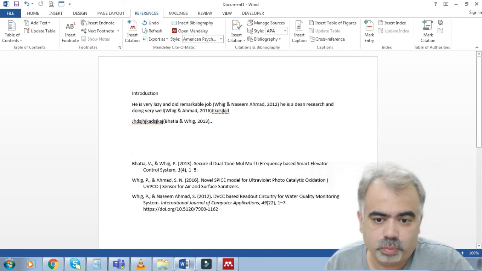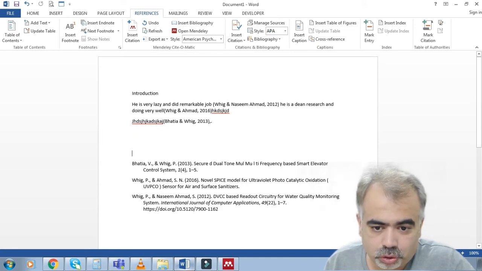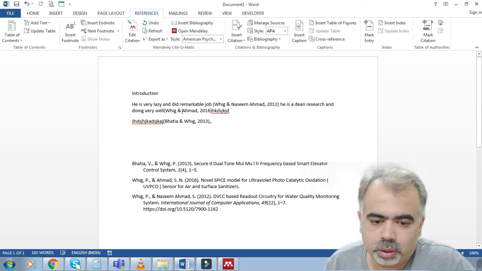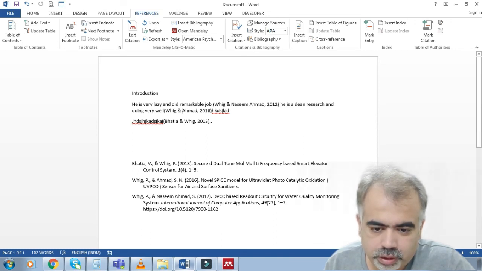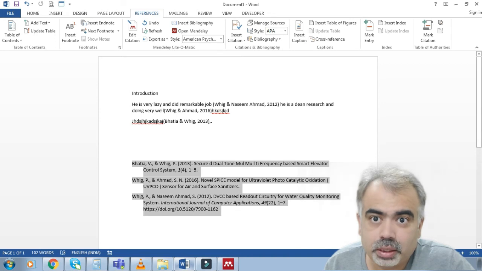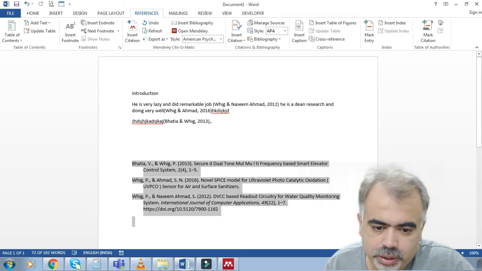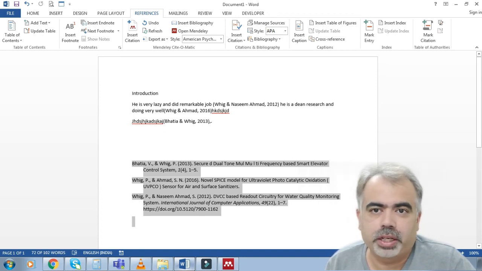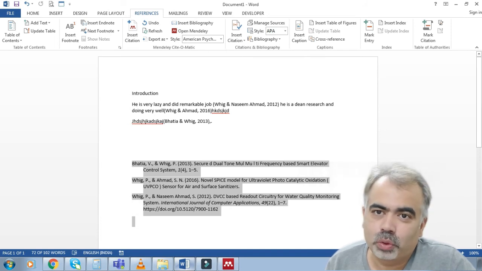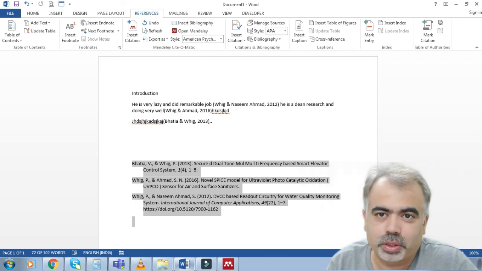Once you click it, oh my god, the whole document gets changed. See this, otherwise it would take my full day to convert IEEE into APA. Now you see the references themselves have changed, because in APA they are arranged alphabetically, not in number. See, they have already changed alphabetically, and everything is changed. This is the beauty of Mendeley, and I hope you all now understand the importance of Mendeley.